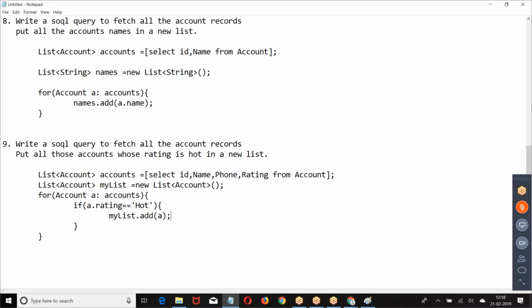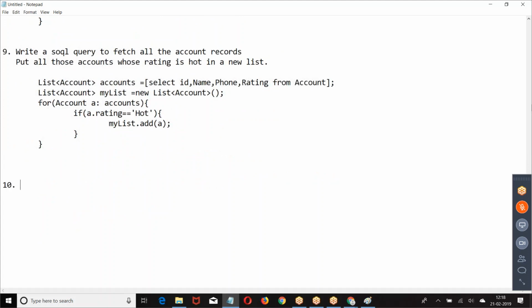Now let us take a next example. Write a SQL to fetch all the opportunities.